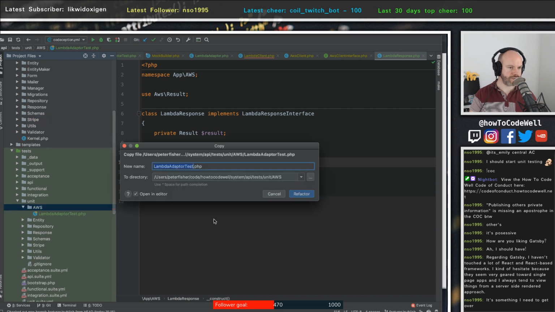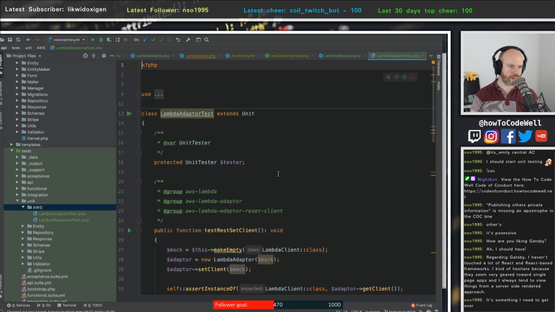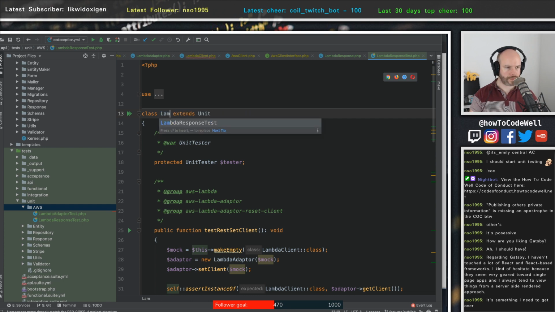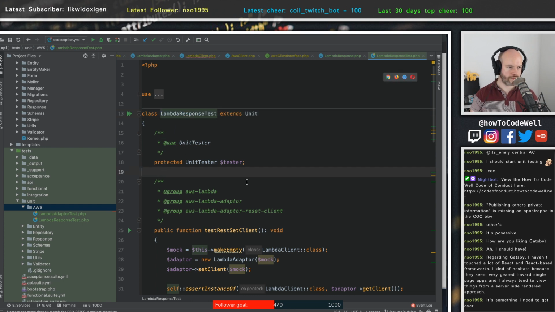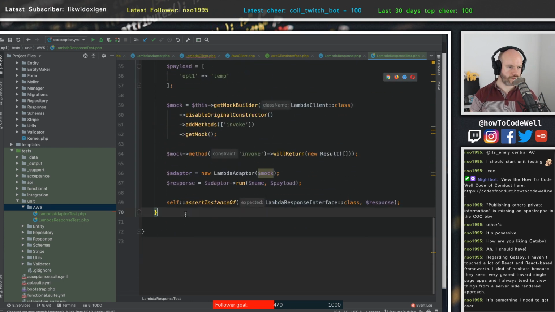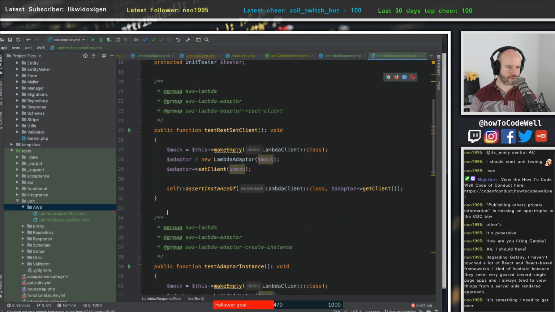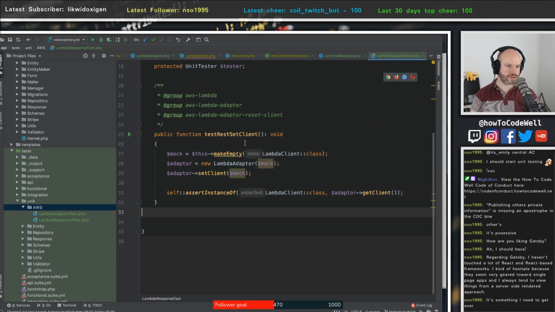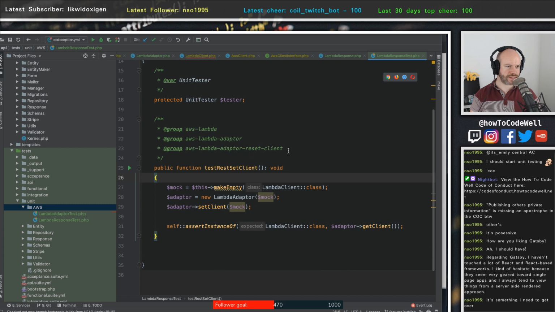We're going to create this, but this is a Lambda response test. So we'll get rid of all of those for a second. So this is going to test